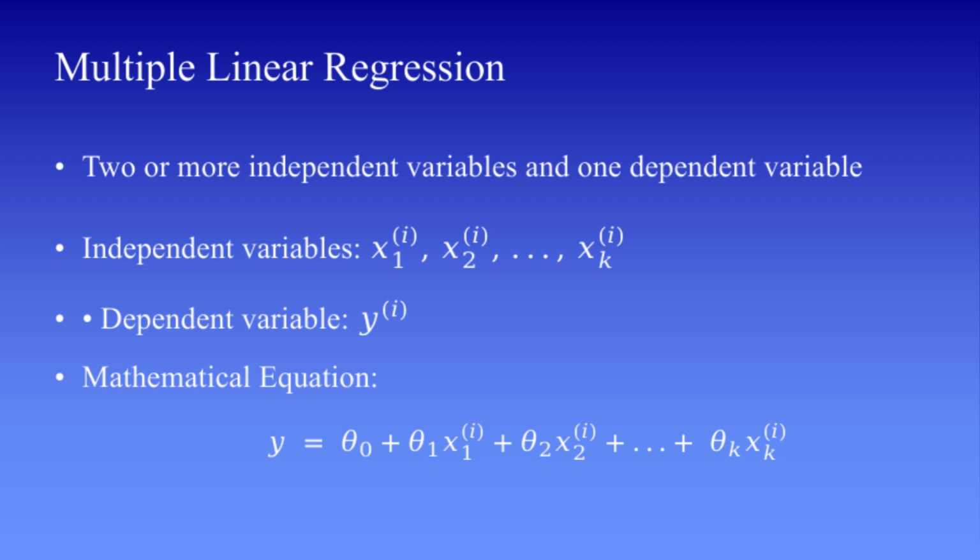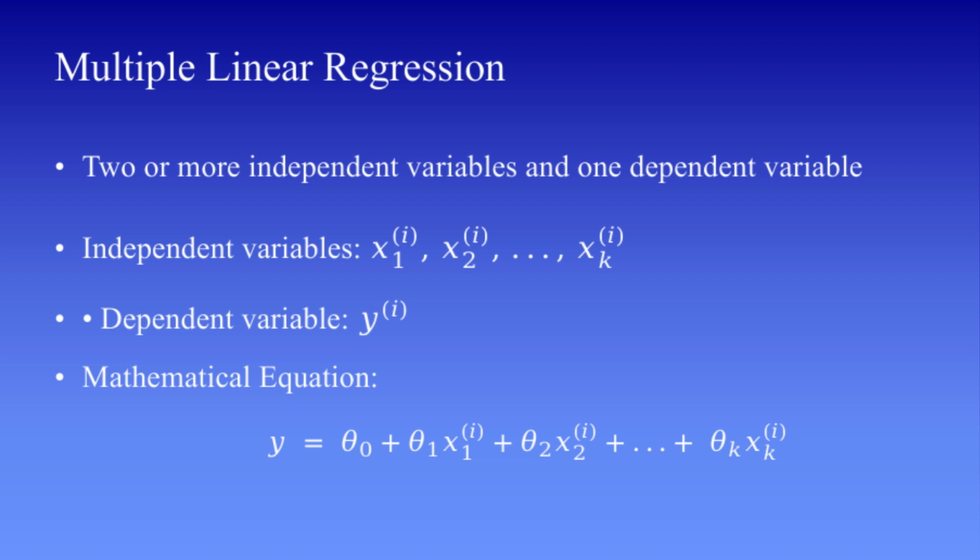Now let's move to multiple linear regression, which is an extension of simple linear regression and is much more applicable to real-world problems. In simple linear regression, we used only one independent variable to predict the output. However, in reality, most outcomes are influenced by multiple factors. This is where multiple linear regression comes into the picture. Multiple linear regression allows us to model the relationship between a dependent variable and two or more independent variables.